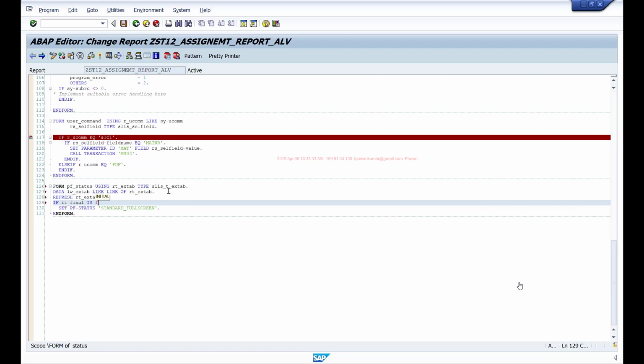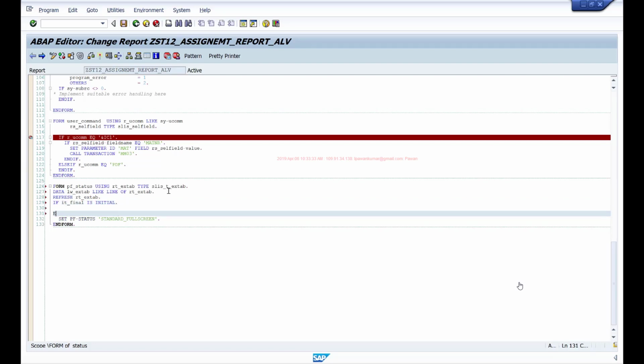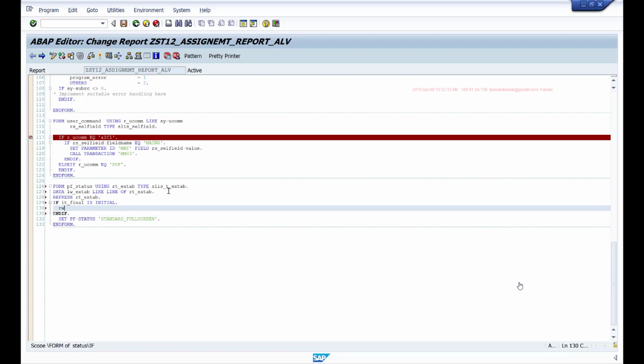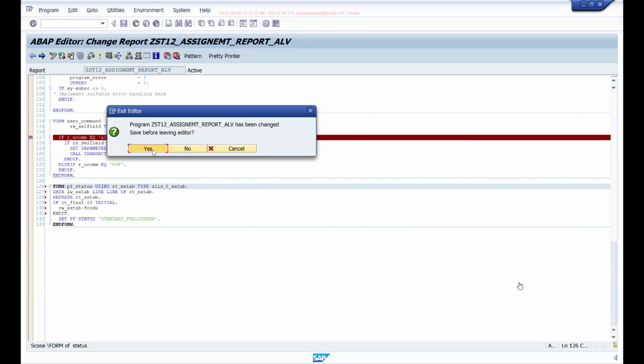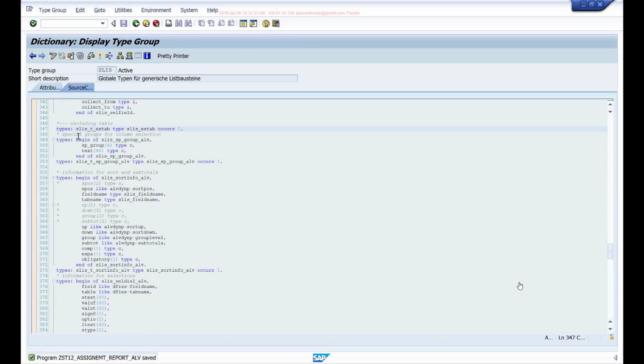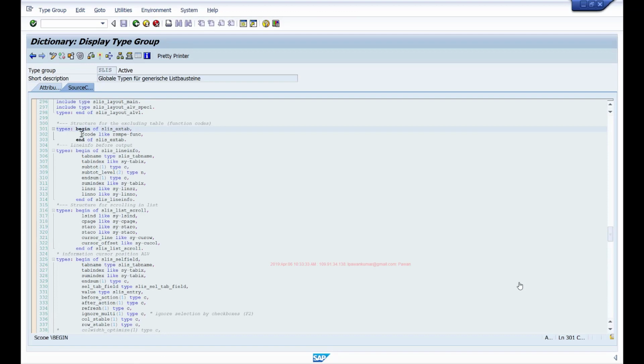Then I'll say rw, let's say if it final is initial and if rw xtab fcode, there's a field called fcode. If you actually look at this declaration here, this belongs to this list type group, and if you look at this, it has one field called fcode.